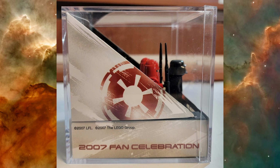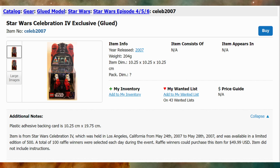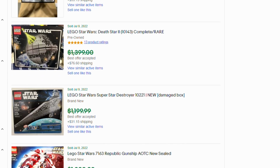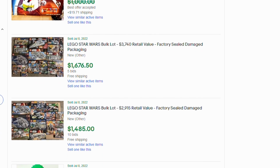This set was a raffle prize during the Star Wars celebration in 2007 in LA. Per Bricklink, raffle winners could purchase the item for $50. Unfortunately, the set commits the cardinal LEGO sin of being glued. The eBay listing sold in a bidding war between 14 people for a whopping $1,777.77. Other notable eBay listings included multiple UCS Imperial shuttles selling for over $1,000 sealed, along with some Super Star